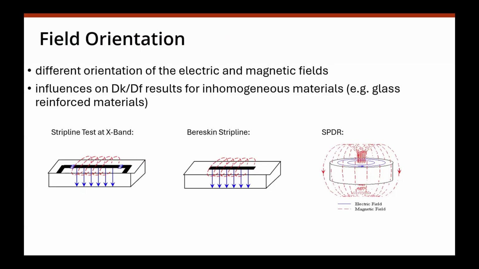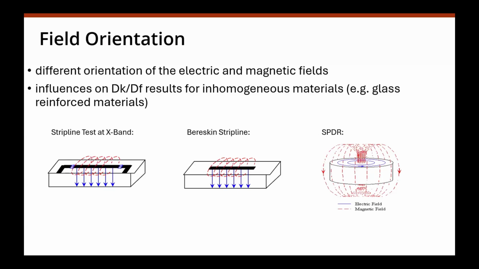We are talking here, in case of materials we provide, about materials that have a glass reinforcement, that are basically layered materials. You have a resin and then a glass cloth and then again resin. So the Dk and Df will be different if you talk about an out-of-plane dielectric constant. That's what you would see in the left picture and the center picture, where the electrical field is perpendicular to the surface. But that will be different than readings you get with an in-plane method like SPDR, where the E